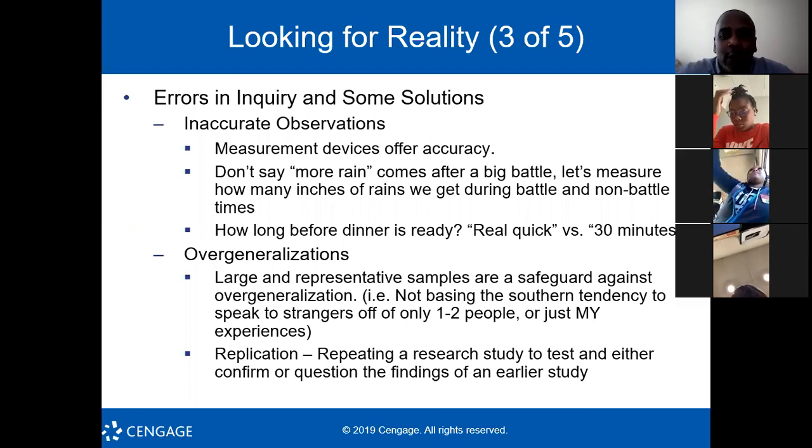This came from a real example, Diamond. One day I asked her, hey, how long is dinner gonna be ready? Oh, it'll be ready real quick. Now, I'm sure y'all may be familiar with CP time. So sometimes real quick amongst our people can mean different things, correct? So don't tell me 30 minutes, don't tell me real quick. Give me an exact time.